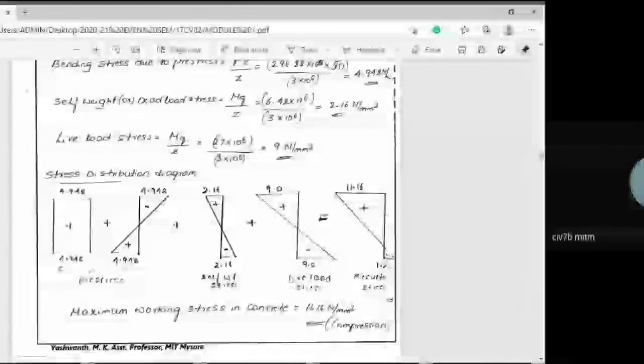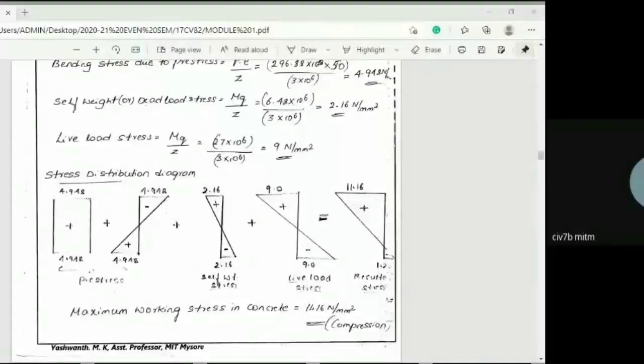So any doubts in the problem? With this, if I start the next problem, it will take time. I will continue to